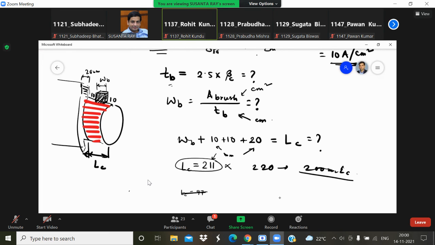Yes, sir. Did you understand? This is how the iron loss is calculated. And copper loss is I square R: the net resistance you have to calculate, and then multiply with I square. Other losses are generally taken as a percentage. Suppose windage and bearing friction loss, we can take 1 to 2% of the total loss. In this way we can calculate the losses. So you consult the book. If you have any problem, you just ask.